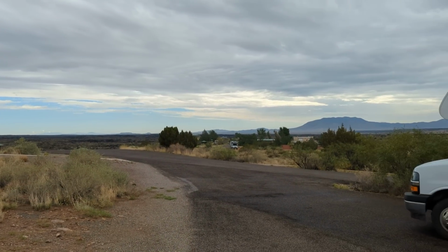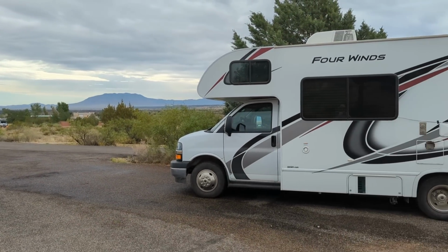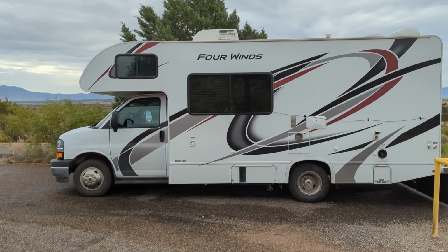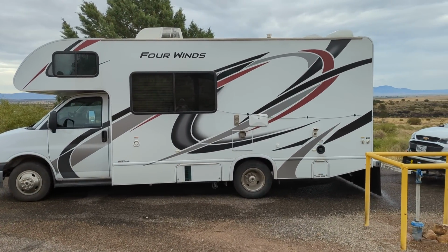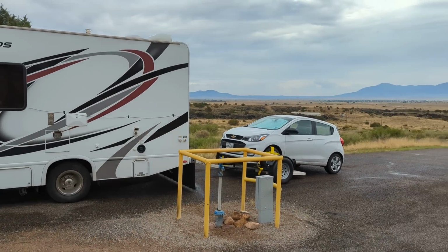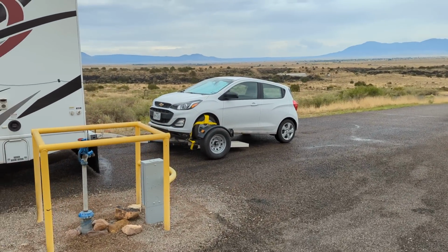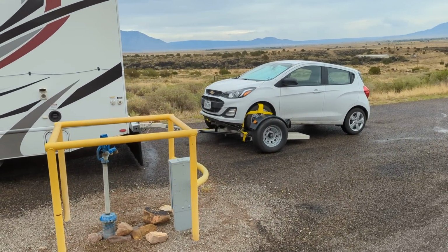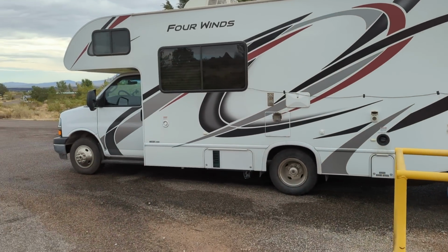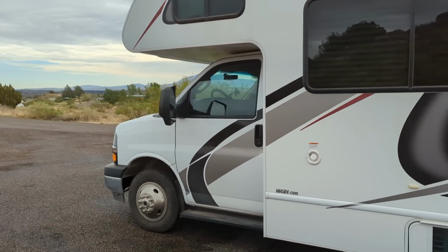And now we'll come on around here to my Class C RV right here. That's a 4 Winds 22E, year model 2021. It's about 24 feet long from bumper to bumper. And there is my little Chevy Spark on the tow dolly, all strapped up. I've already checked the lights, and we are good to go. And I didn't forget to put the pin in, ha ha ha. So here we go, guys. We're gonna pull a ways, and well, we've only got a 25-mile drive, so